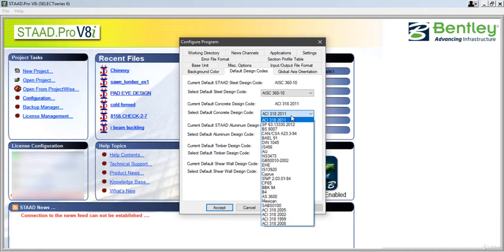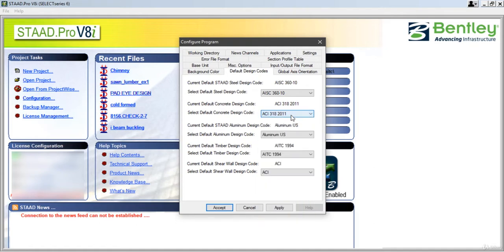Although ACI 318 2014 is the latest version, it is available only in the most recent versions of the StatPro software, that is, StatPro Connect version. After that, for aluminium only the US design code is available. For timber, as I was discussing earlier, AITC that is the American code, EC5 that is the Euro code, and CSA that is the Canadian code. So these 3 country codes are available for timber design.